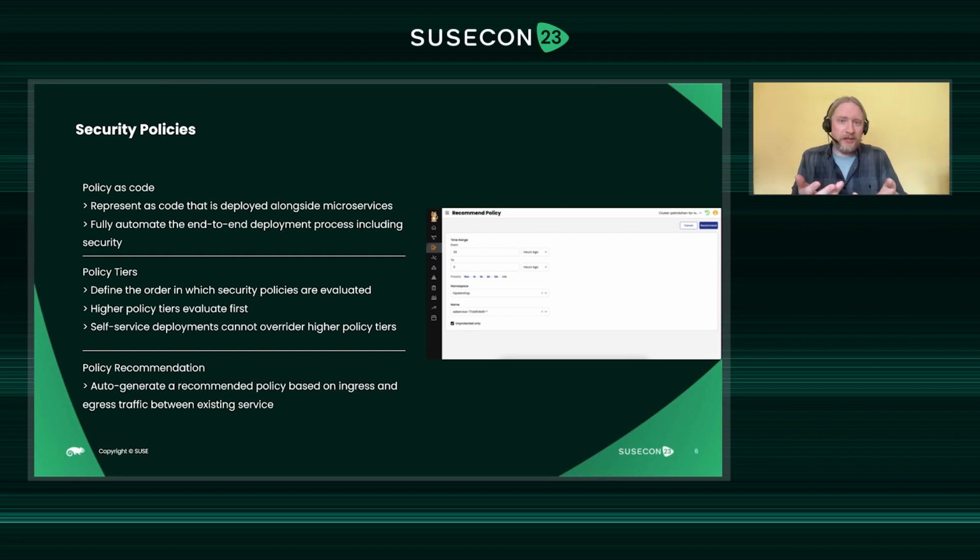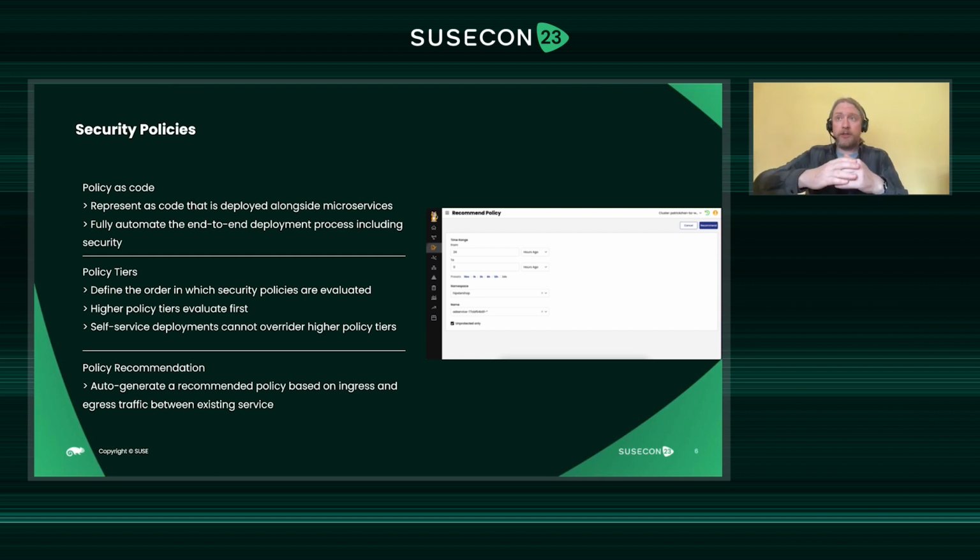The platform team might be able to see all the tiers and create policies for all of them. And then the application teams might only be able to create policies in the application tier, and even then only policies that are tied to certain namespaces. Okay. The other challenge that we address here is being able to define certain policies at certain